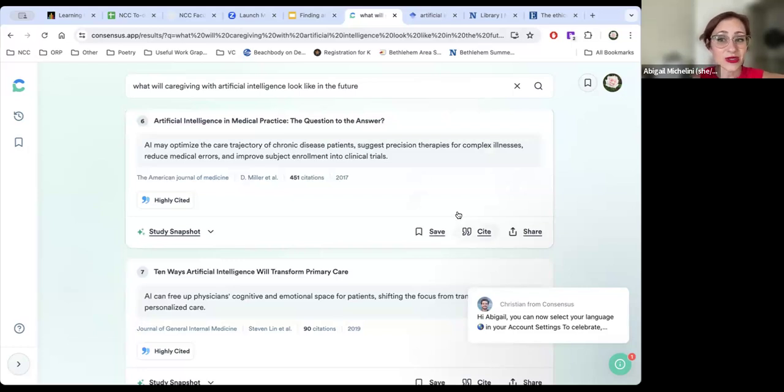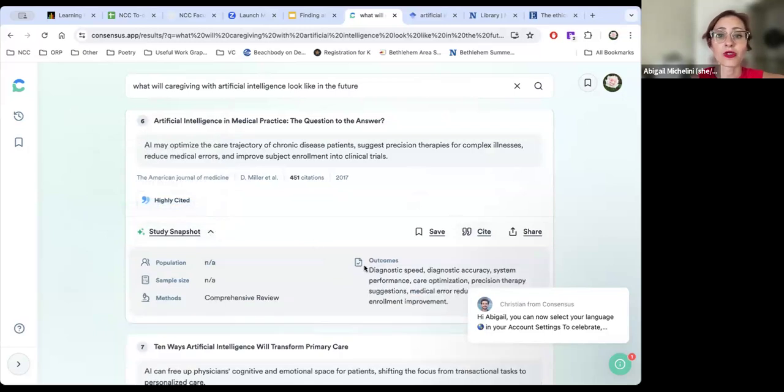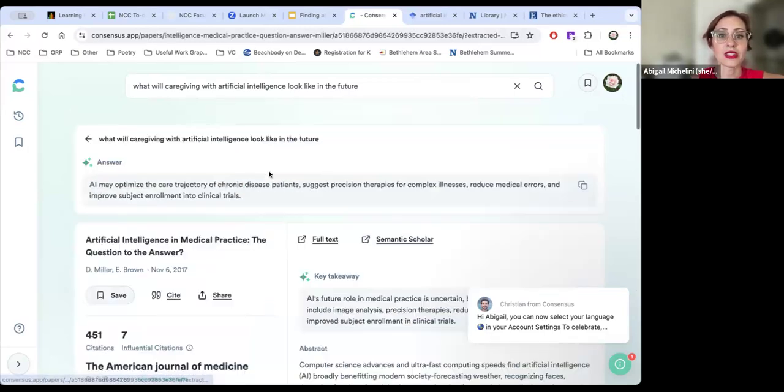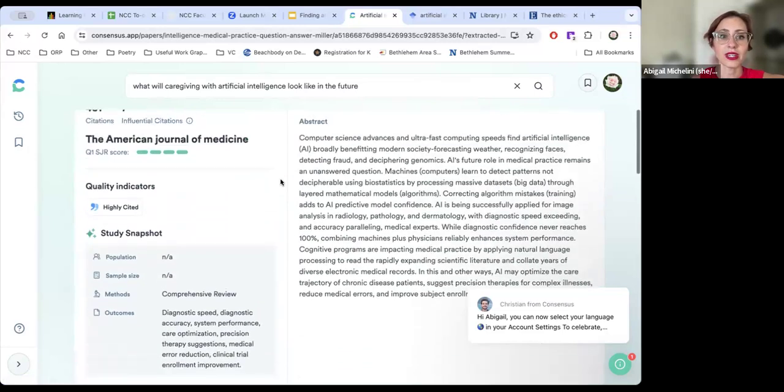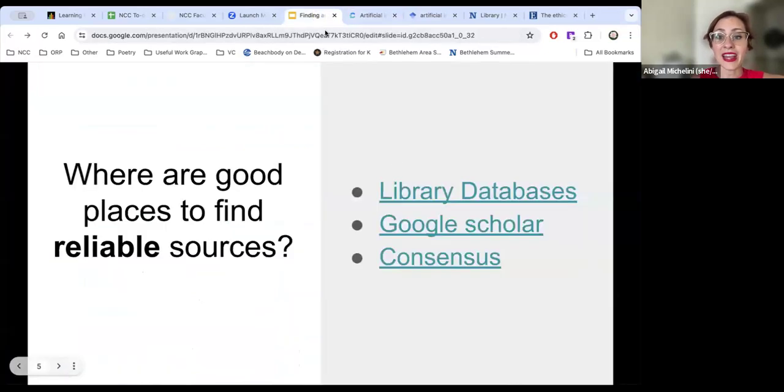You can also cite using the cite button. You can click on this. It'll give you a little overview here. You click into it to see the full article here, okay? And here's the full text, all right? So really, really cool stuff. I highly recommend checking out Consensus, okay? It's not something to miss out on at this point. It's a really cool resource for you.